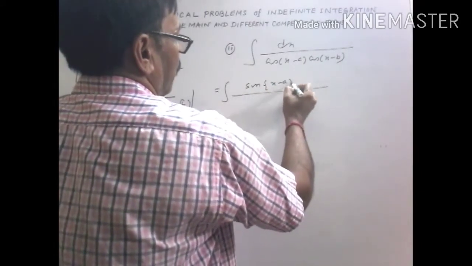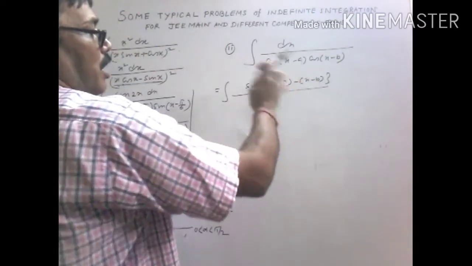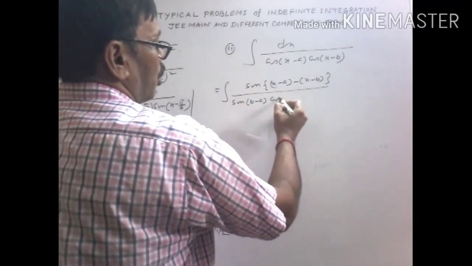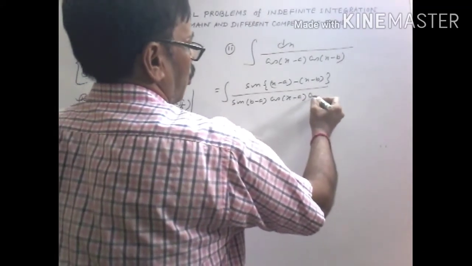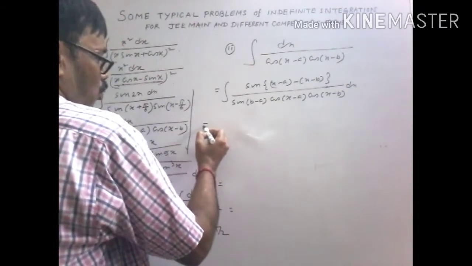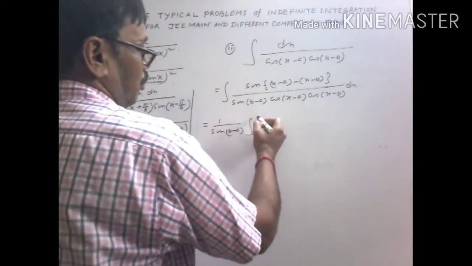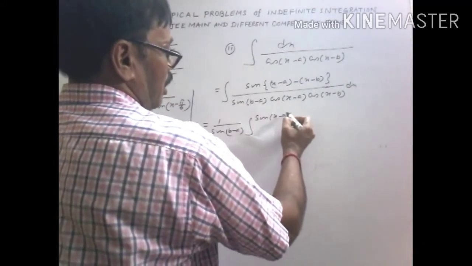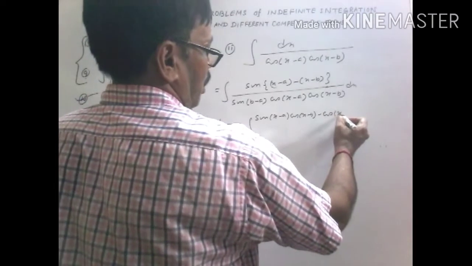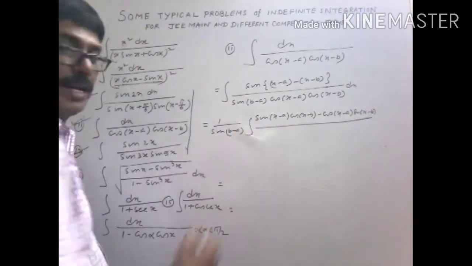So sin, we are writing this as x minus a, x minus b. So x cancels, b minus a. So it is balanced by b minus a, cos of x minus a, cos of x minus b dx. Now 1 by sin(b minus a) outside. Now this is sin(x minus a) cos(x minus b) minus cos(x minus a) sin(x minus b)